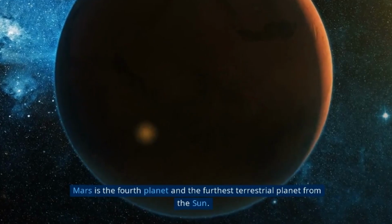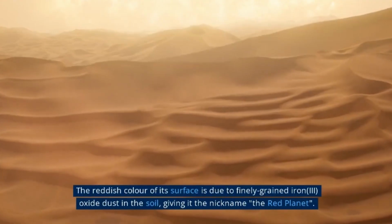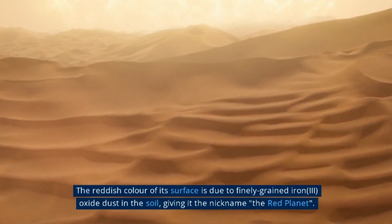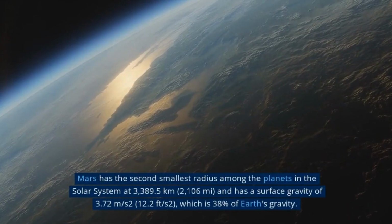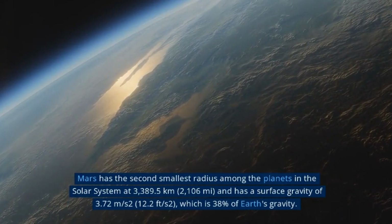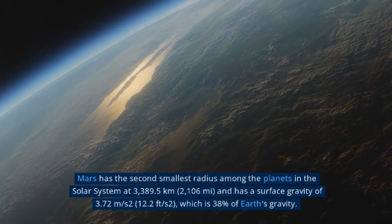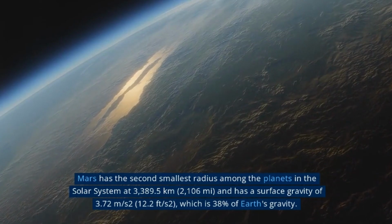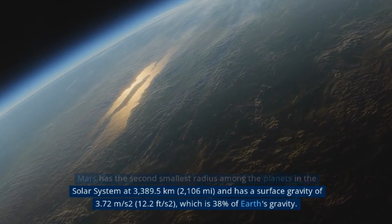Mars is the fourth planet and the furthest terrestrial planet from the Sun. The reddish color of its surface is due to finely grained iron oxide dust in the soil, giving it the nickname the Red Planet. Mars has the second smallest radius among the planets in the solar system at 3,389.5 kilometers, 2,106 miles, and has a surface gravity of 3.72 meters per second squared, 12.2 feet per second squared, which is